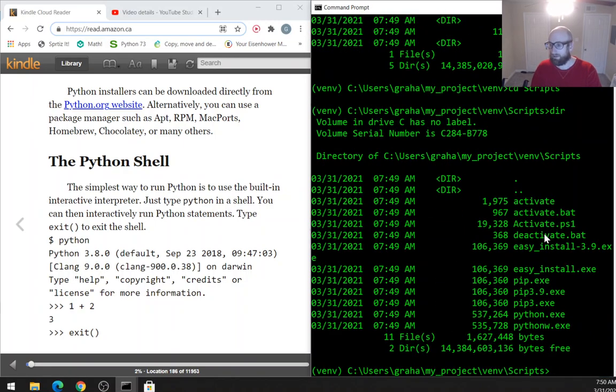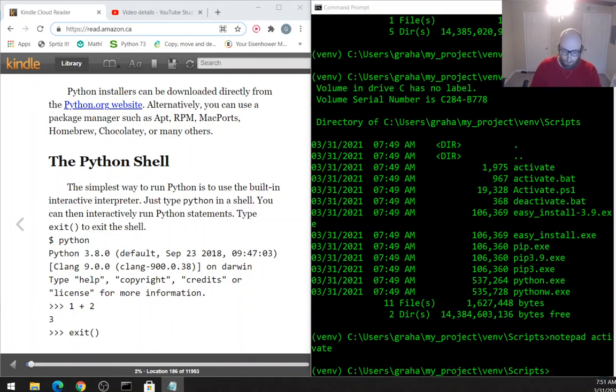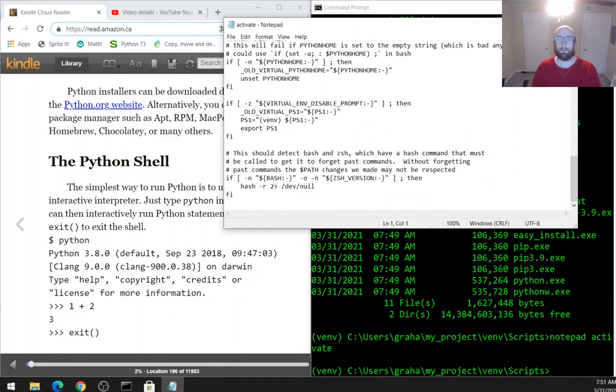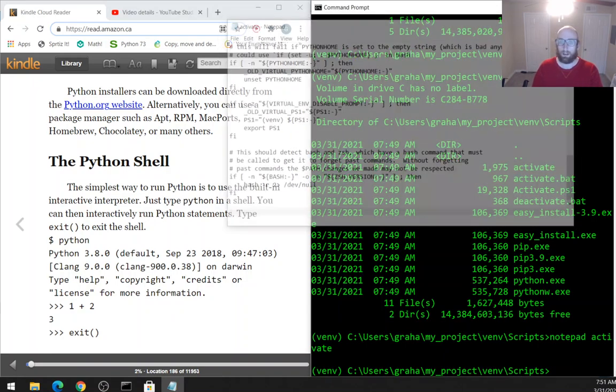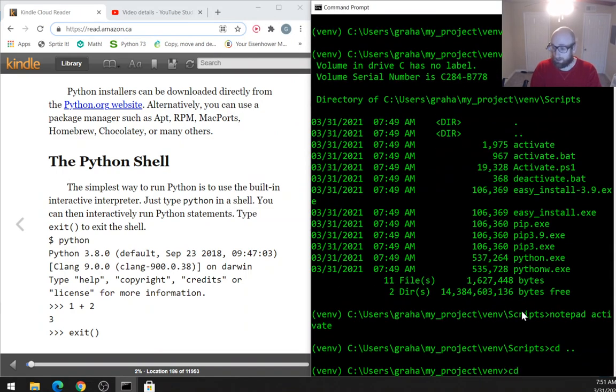Okay, so activate, we can see it's a BAT file. We've also got a file here. I think this is the file we'll be running. Let's see if it's probably a compiled file, but we'll take a look at it. Okay, it's not compiled. So yeah, here it is. If you want to see it, you can see it, but it's really not important what the specifics are